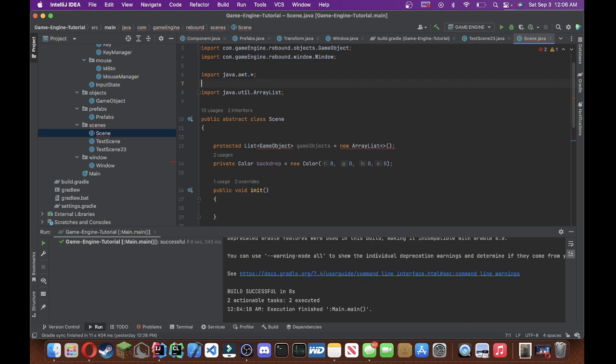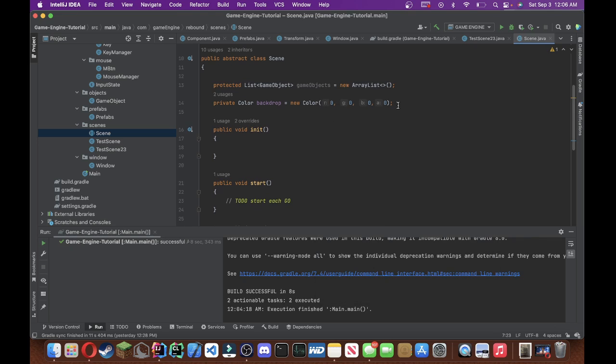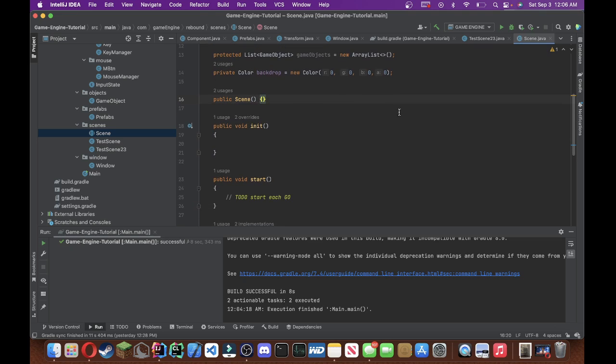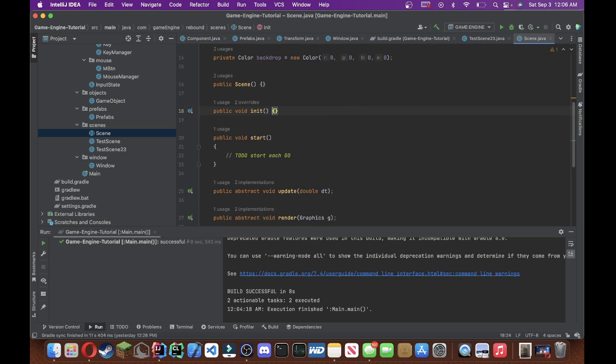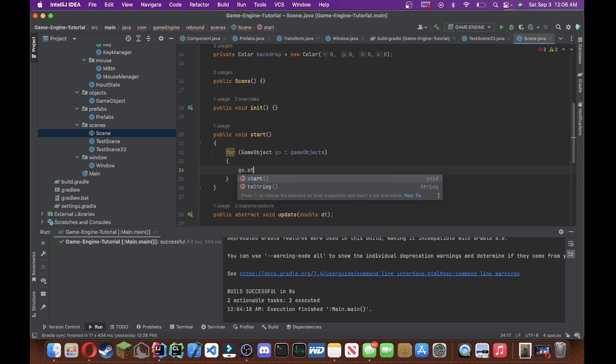So let's do import java.util.list. There we go. And now we're just gonna create a scene constructor. Nothing's gonna be inside of it. An initialization method, nothing's going to be inside of that. In the start method, we will put stuff. We'll do for each game object in game objects. We'll say geo.start,